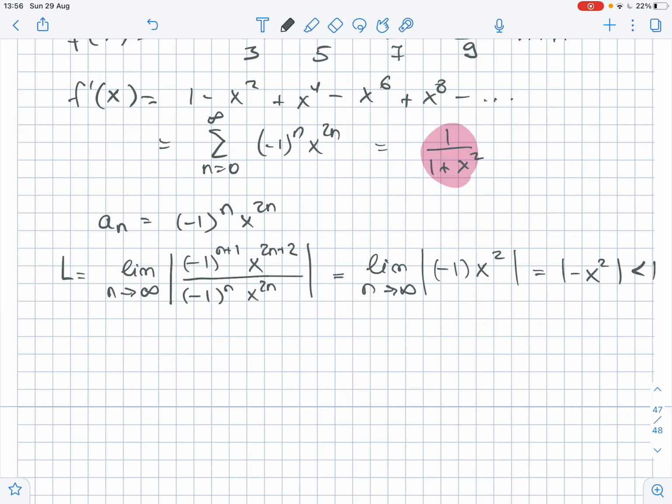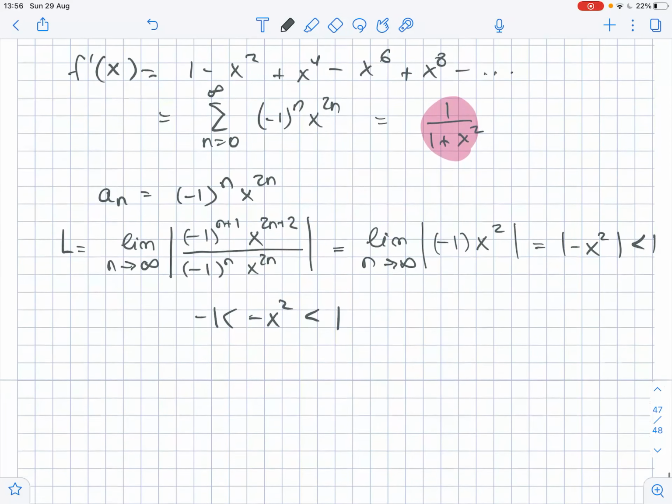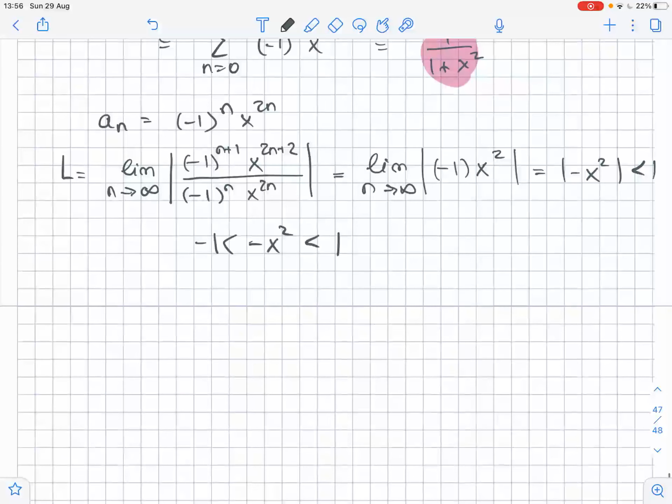So we get that if we want our series to converge, this needs to be less than 1. Then negative x squared is less than 1 and greater than negative 1. So that means that x goes from negative 1 to 1. So we say that the